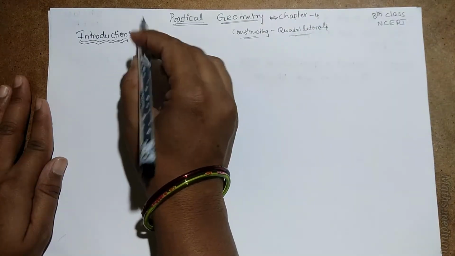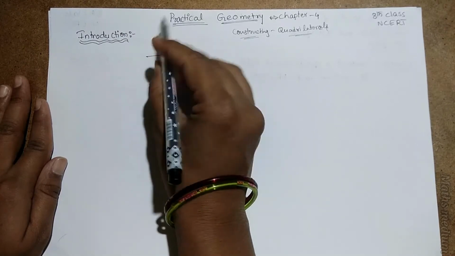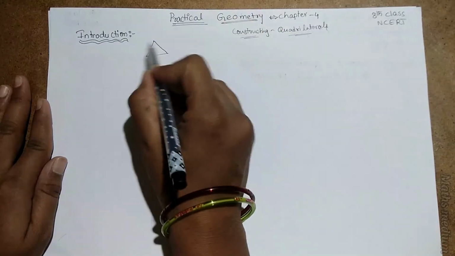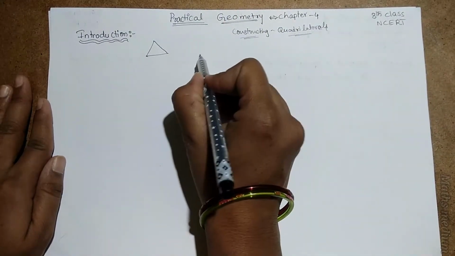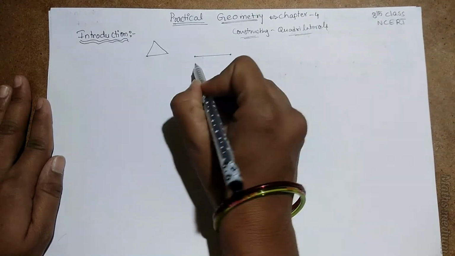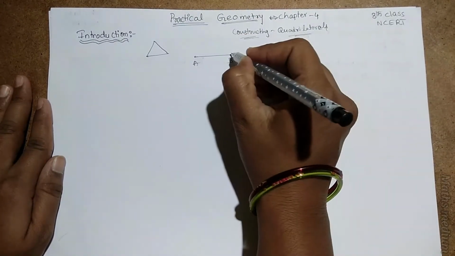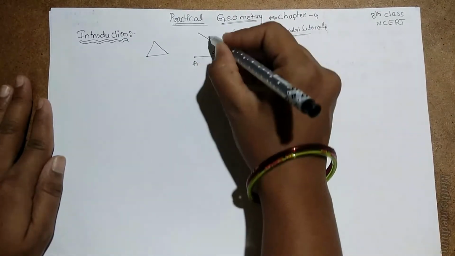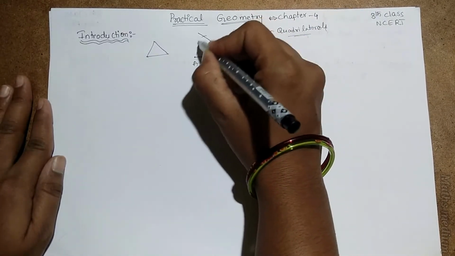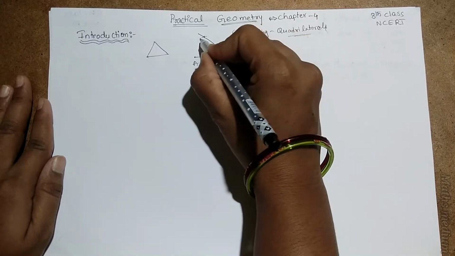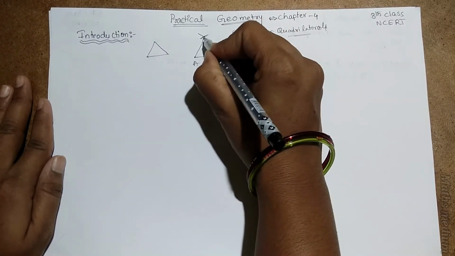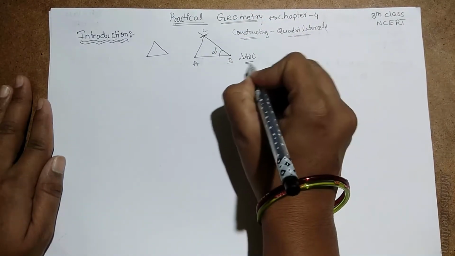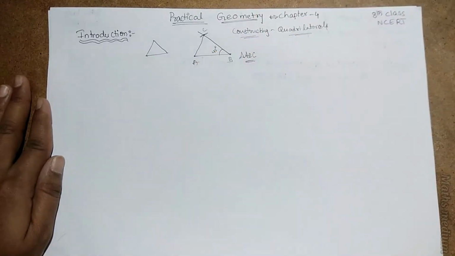In earlier classes you already learned the construction of a triangle. That means it makes three angles and three sides. So we know it is a triangle. How are we making a triangle construction? Take a base, let it be AB, and at B make an angle like 45 degrees, and AC has 4 centimeters, etc. Then we use a compass and we join this line AC. So it is a triangle ABC with given lengths and angles. So this is a construction of a triangle.